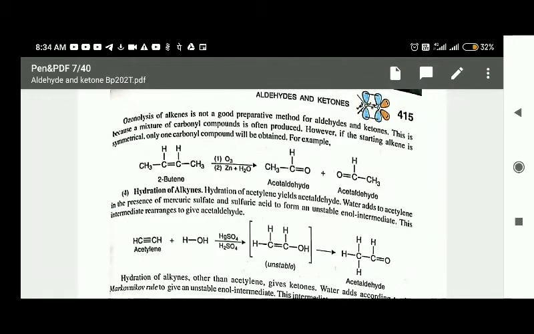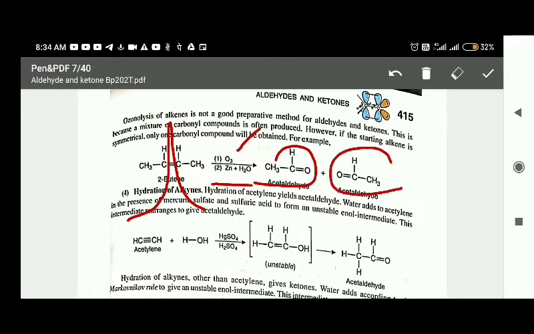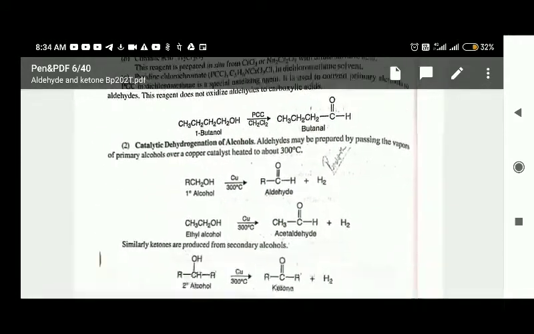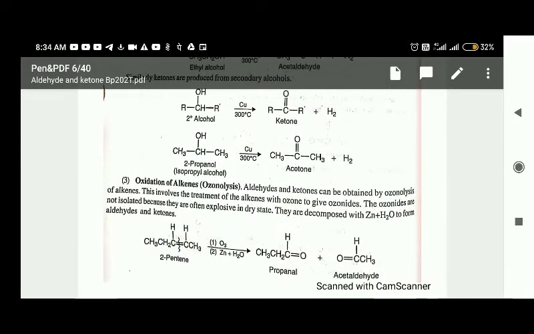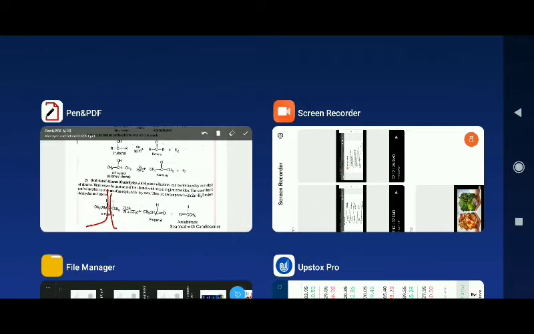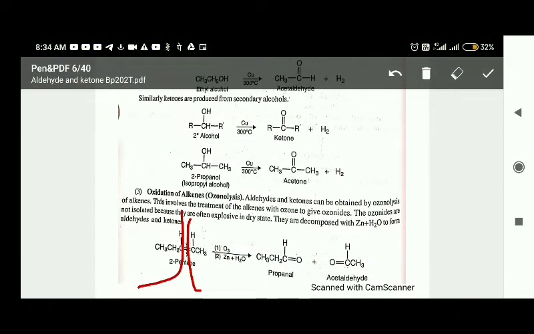Next is your, yeah, so see, this is the simple thing you can understand. Ozone, zinc, H2O, hydrolysis. So it is going to, so what is happening, it breaks from here, right? It is breaking down from here. So one is CH3CHO and other is also CH3CHO. If you want to see that earlier one also, I'll show you. Here also see, the double bond will break down like this. So here CH3CH2CHO and here also CH3CHO. See, two parts. You have to break from the middle, oxygen added on two sides. It is the ozonolysis.